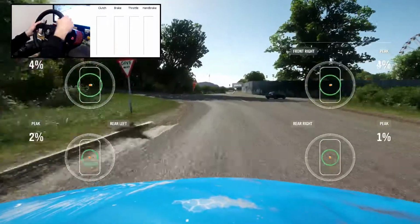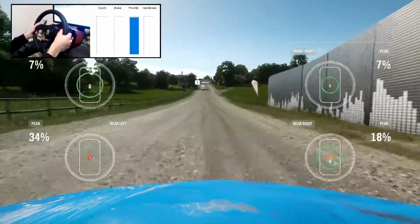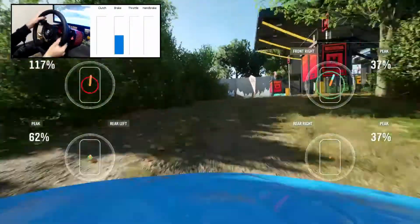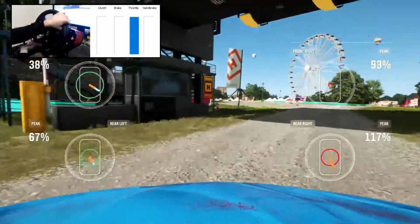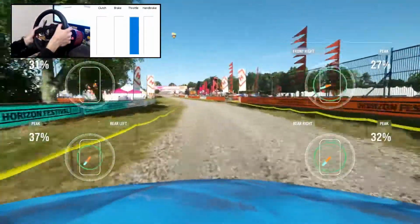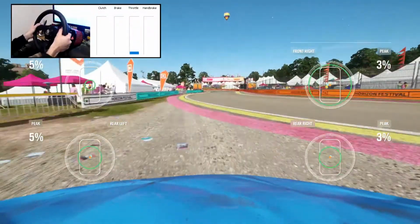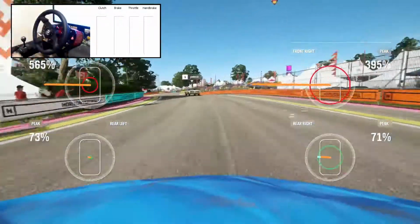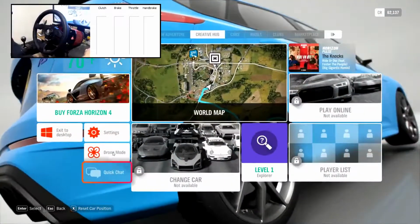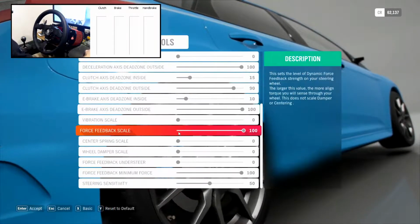So it seems like this setting is inverted from what the description says, and also how it worked in Forza Motorsport 7. So if you want the wheel to feel stiffer, you want to run that setting higher. Get to the tarmac here. Try understeer. So the understeer setting still isn't working. So we'll just quickly check that description real quick, just to make sure I haven't messed things up. But I'm pretty sure it says